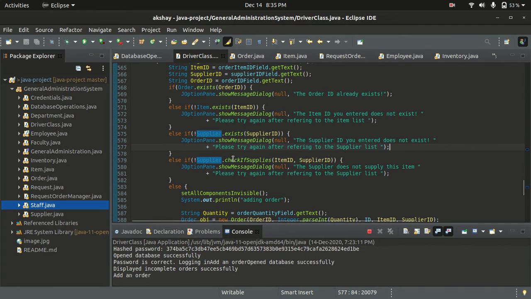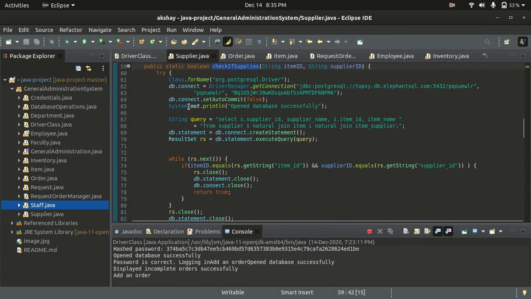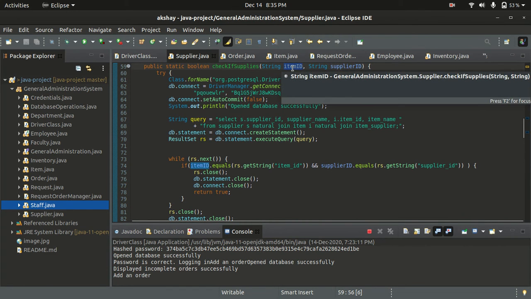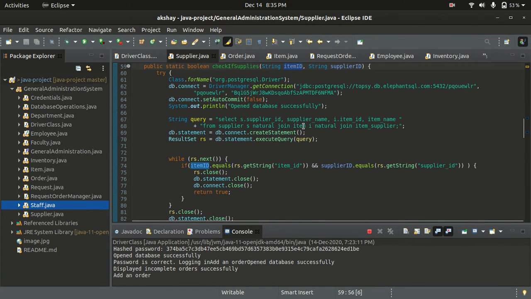Similarly, we will use another function, supplier check if supplies. This function basically checks whether the particular supplier supplies this item or not. For this we join three tables: the supplier table, item table, and item supplier table.